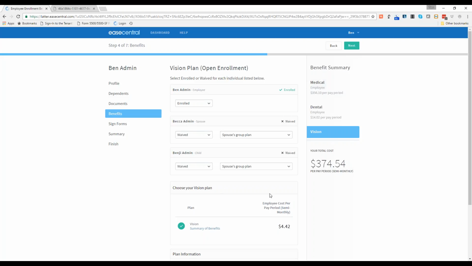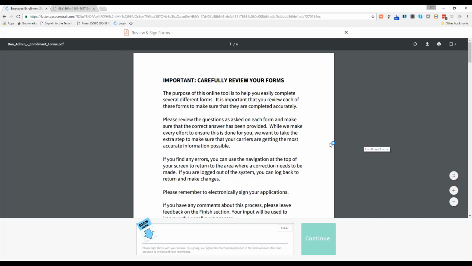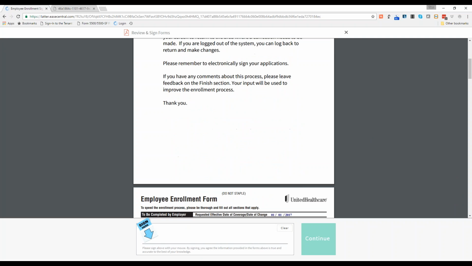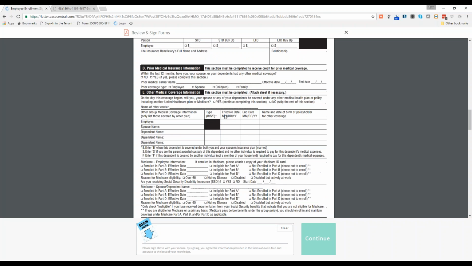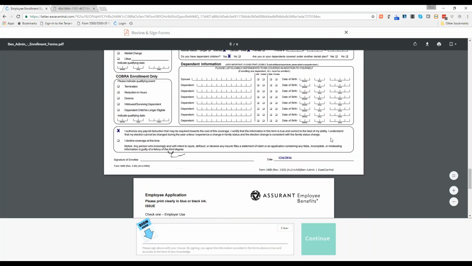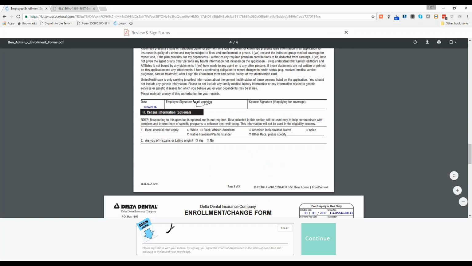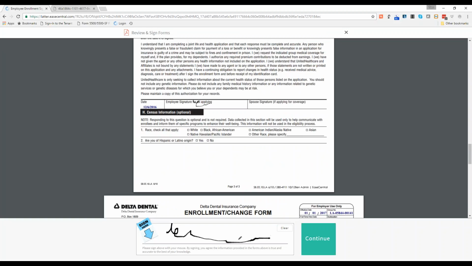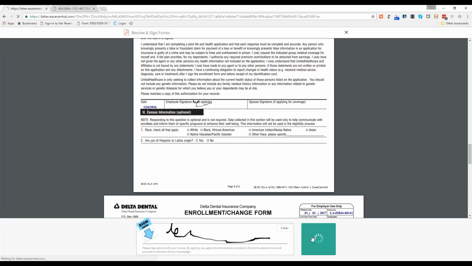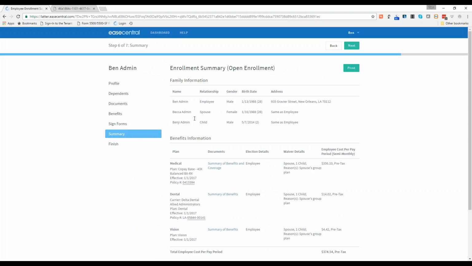Once all of your election decisions are made in the plan, it takes you to a signature page. This is actually going to pull all that information that you just completed, your profile information and your dependent information, onto those three different carrier forms. So I mentioned you had United Healthcare, Delta Dental, and Assurant. Those forms will be populated for you. If you just sign with your mouse here, and it won't look pretty because it never does, and hit the continue button, that will complete the signature process, and then it'll take you